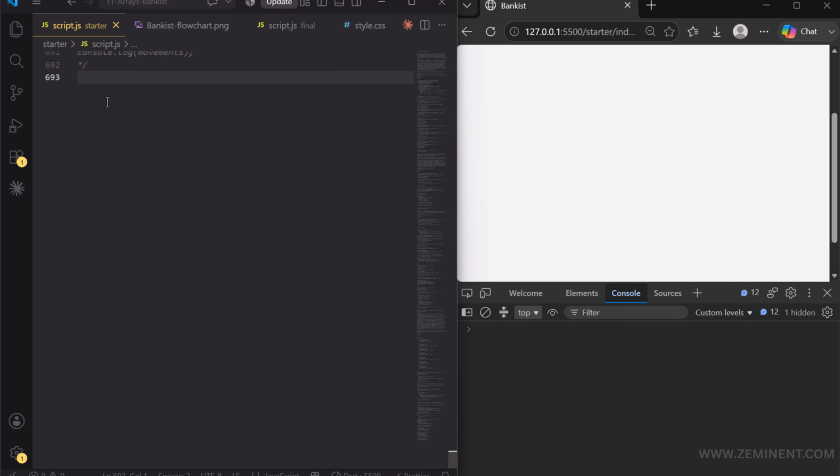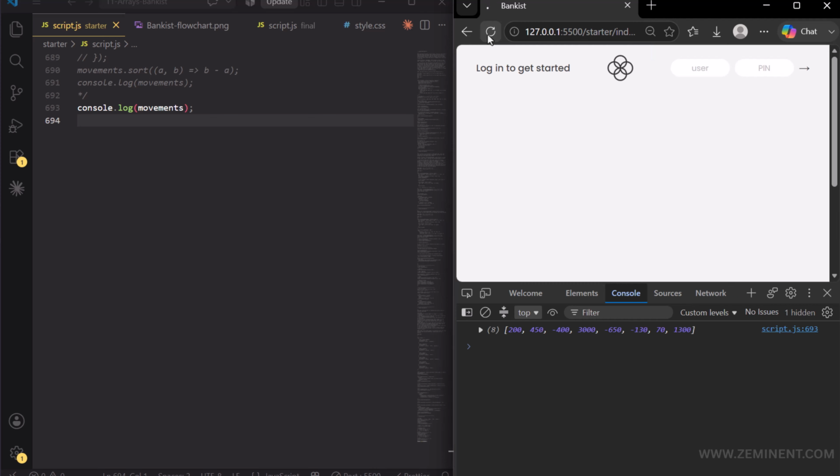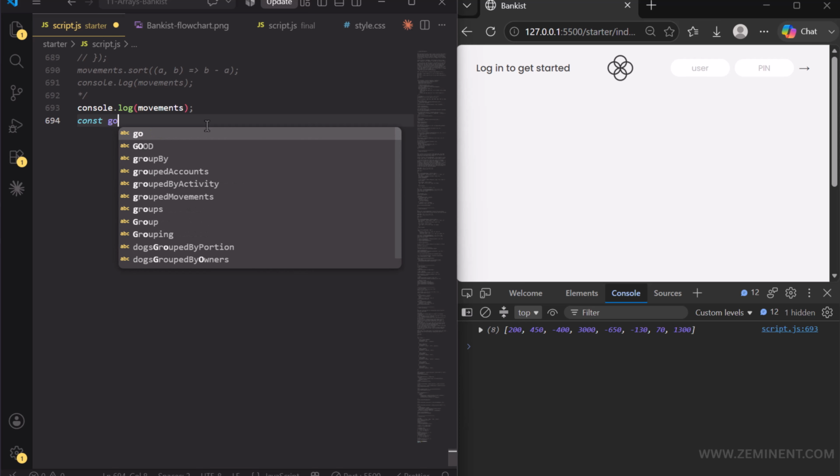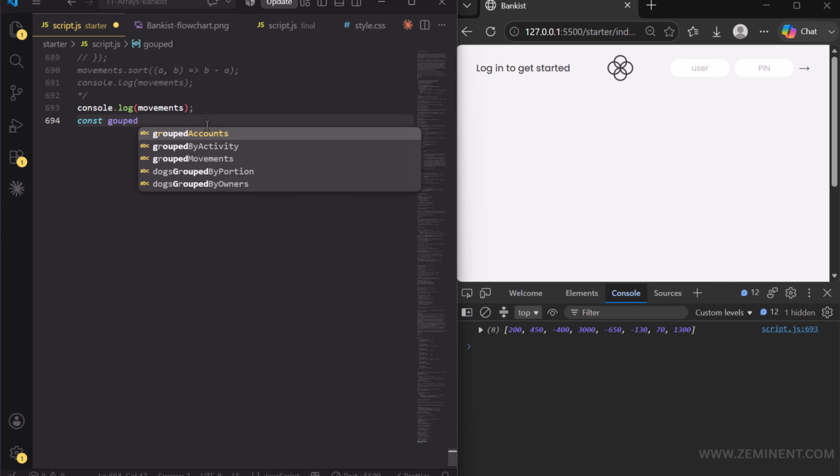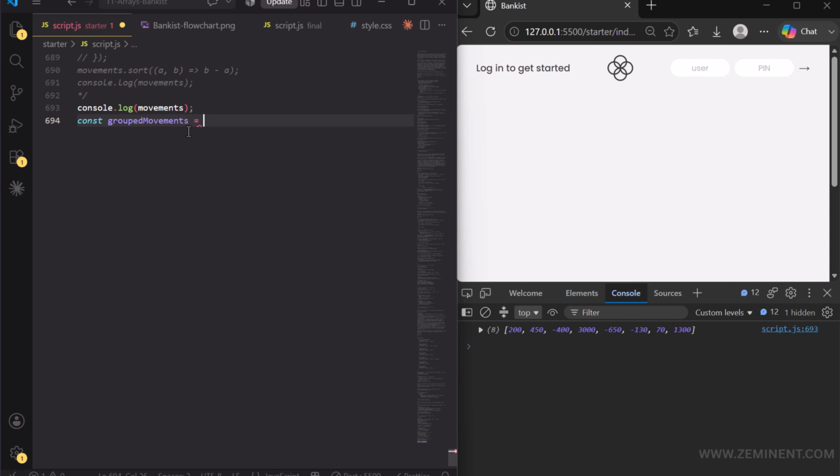First, let's log our movements array, reload. We have our array. And now let's group these different movements by whether they are a deposit or a withdrawal. So the positive values here are deposits and the negative ones are withdrawals. So let's create a variable, const, and I'm giving the name groupedMovements. And so that is equal to